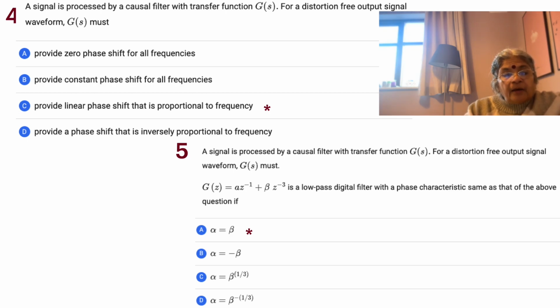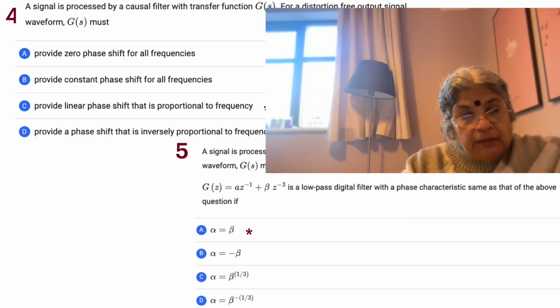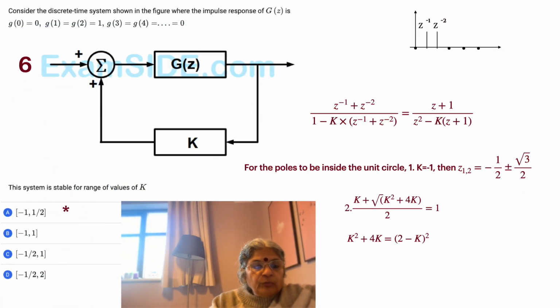Okay, so the first option is obviously true. Alpha should be equal to beta. So this answer and C in the previous question match, wherein the phase shift is linear, such that you have what is called a distortion-free system output, not an output which is distorted, as a result of only a linear shift happening on it. So let's move to the sixth question, where we are given a picture of a